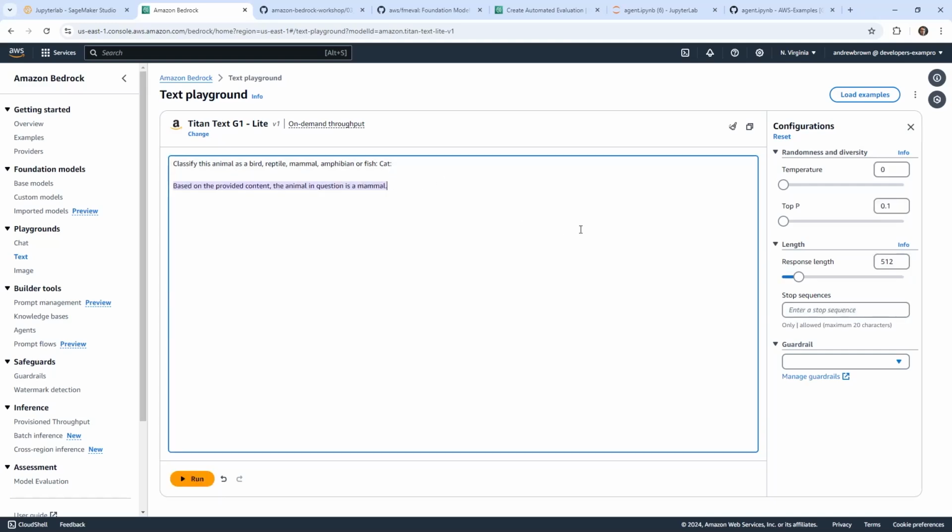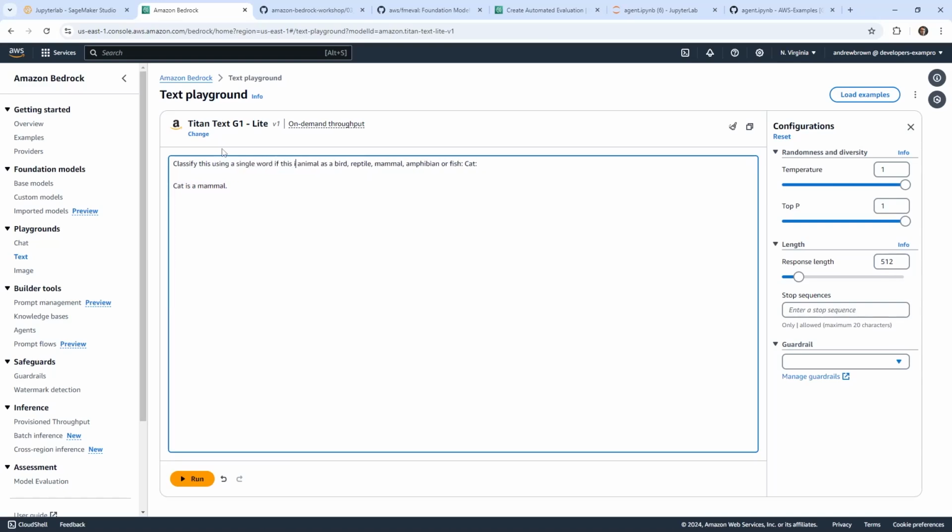Okay. And so the thing is that it does work. But what we want it to do, and hold on, let's just turn this all the way up. What happens if we turn this all the way up? What we want it to do is give exactly a single word. And we can say classify using a single word